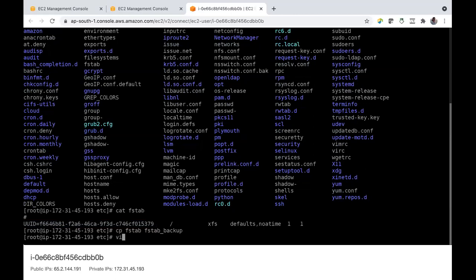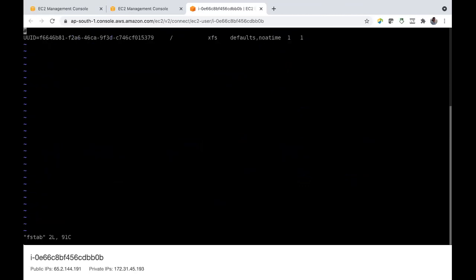Now I will edit this fstab. And we know how to edit it. We have to go to insert mode. vi is the command to edit, and escape will take you to insert mode. Guys, you can try it later. You can follow the document and let me know in next class whether you are able to do it or not. And I am in insert mode. Now I can edit this.